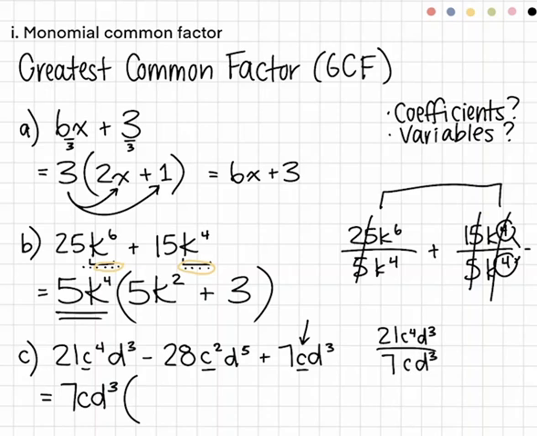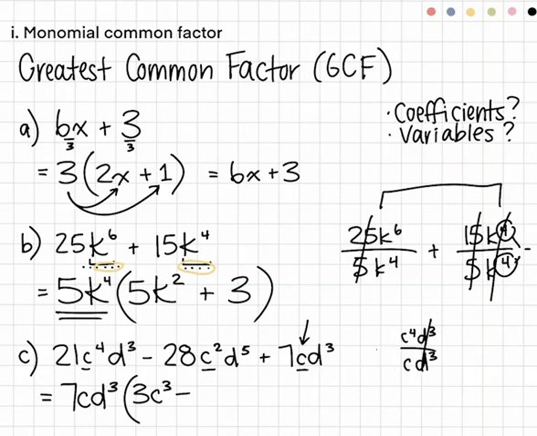Well, 21 divided by 7, that's going to give me 3. And then I have C4 divided by C, which means subtraction, right? So I'm going to do C4 minus C. That's going to give me C3. And then I have D3 divided by D3. Well, that just cancels out. Okay, let's continue here. Then I have minus,